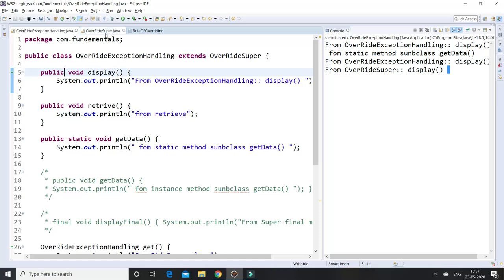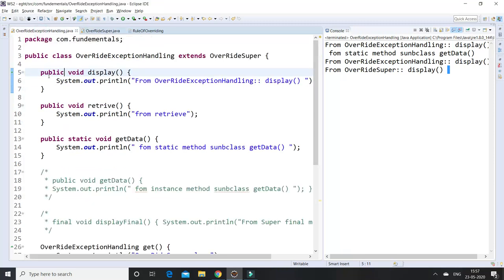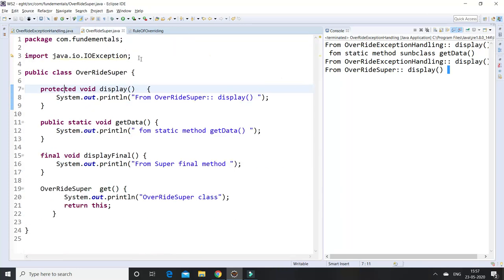Suppose I provide protected access specifier in the superclass level, protected access specifier in the parent class. Suppose I am declaring public in the subclass. Is this overriding? Yes, because the definition of overriding says it must have the same signature, the same parameters, and the same method name.